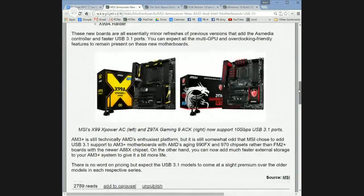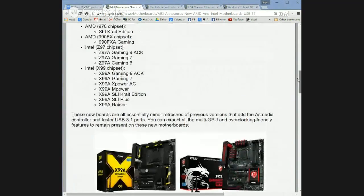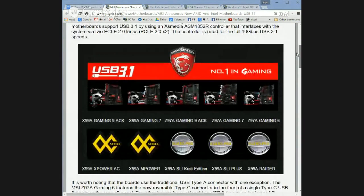I found this really odd that someone had actually come out with a brand new 990FX part, because back in the day, 990FX was based off of the same chip as the 890FX, and that was released in 2010. So we've got a 5-year-old chipset that is still selling today, and nobody really bats an eye. It just tells you how slow CPU technology has gone since 2006 with the Core 2 Duo, and then a couple of years later with the quads coming out. Certainly we've gotten better performance and power efficiency, but it just hasn't been the jumps that we experienced for 20 years before that. So it's kind of fun to see that new AMD parts are coming out,